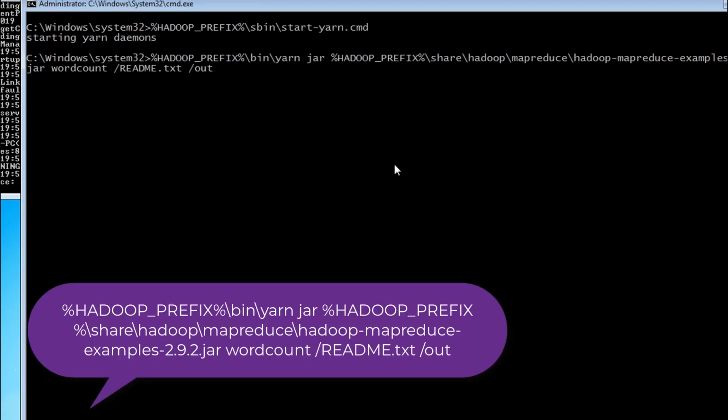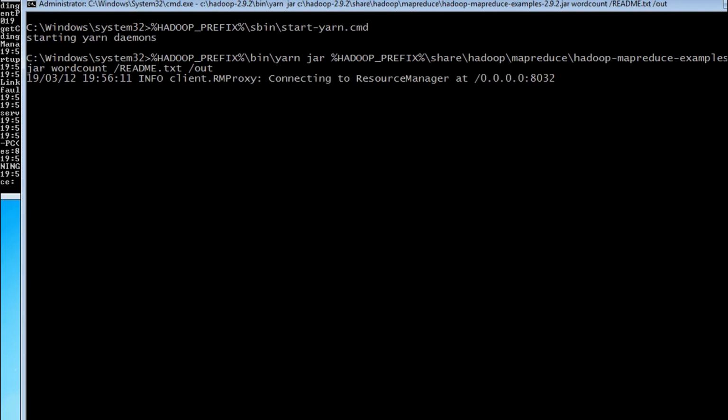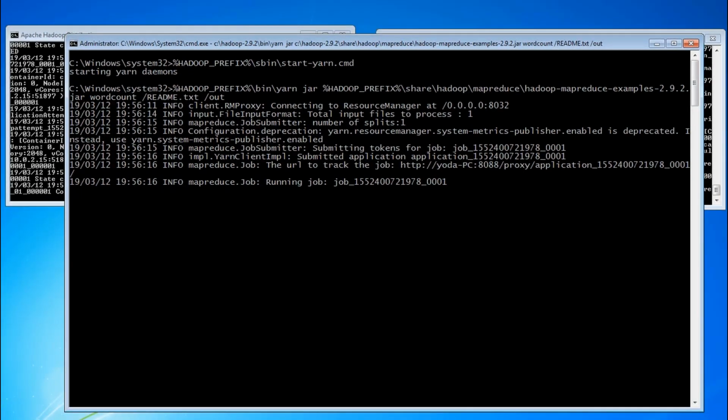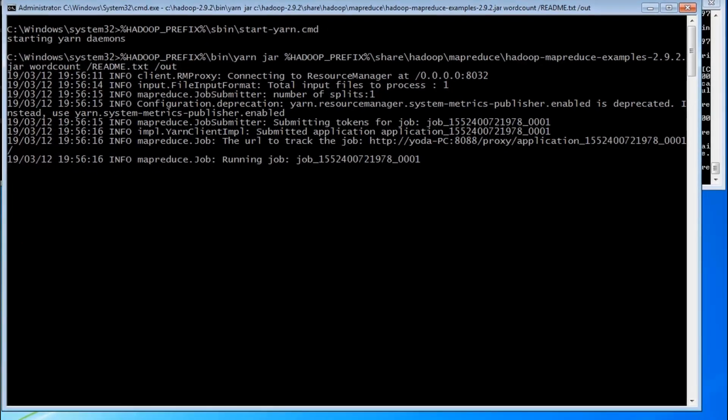So just make sure to put this command properly. Once this is done, just execute. So here, as you can see, this is my input to the word count program and it's going to write to HDFS output/out. And as you can see, this is my job ID.